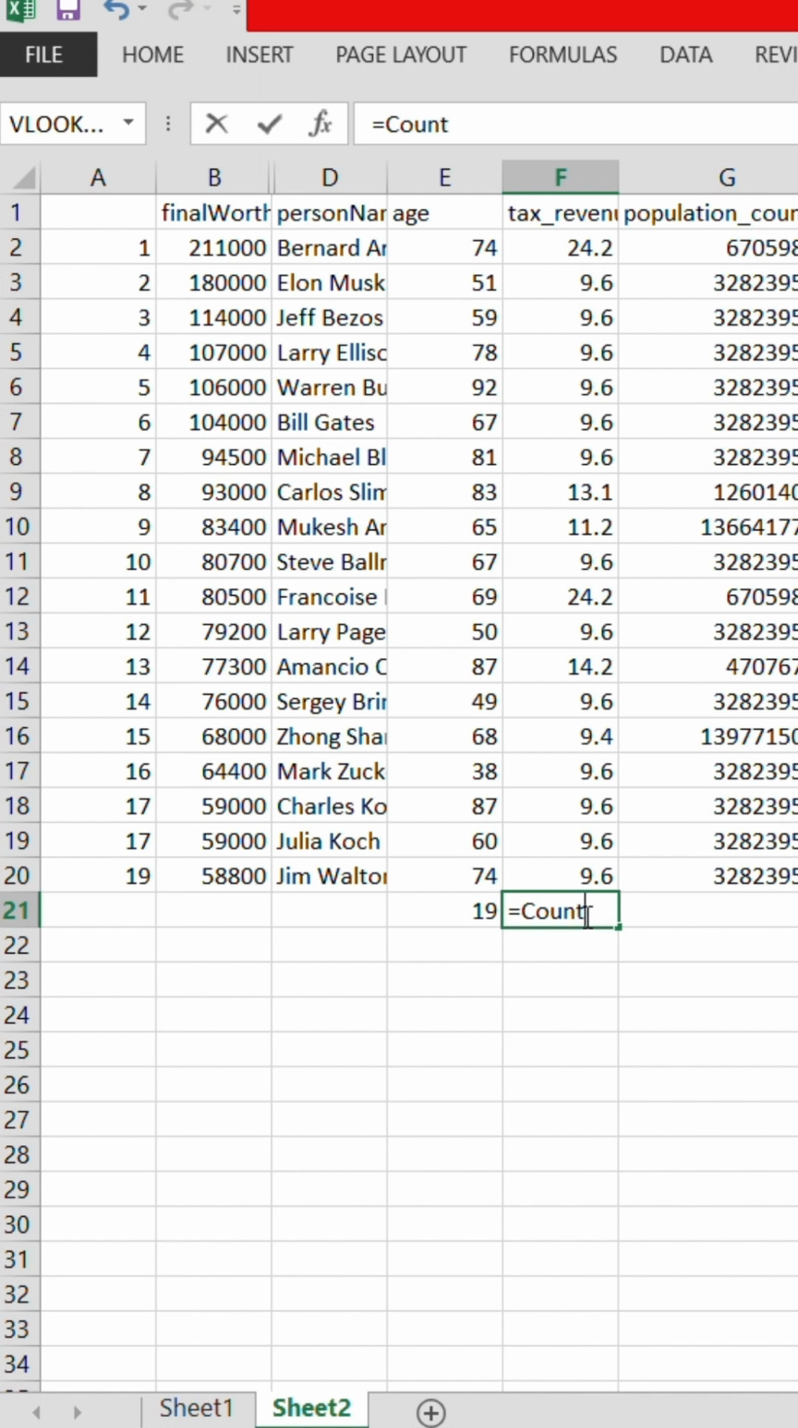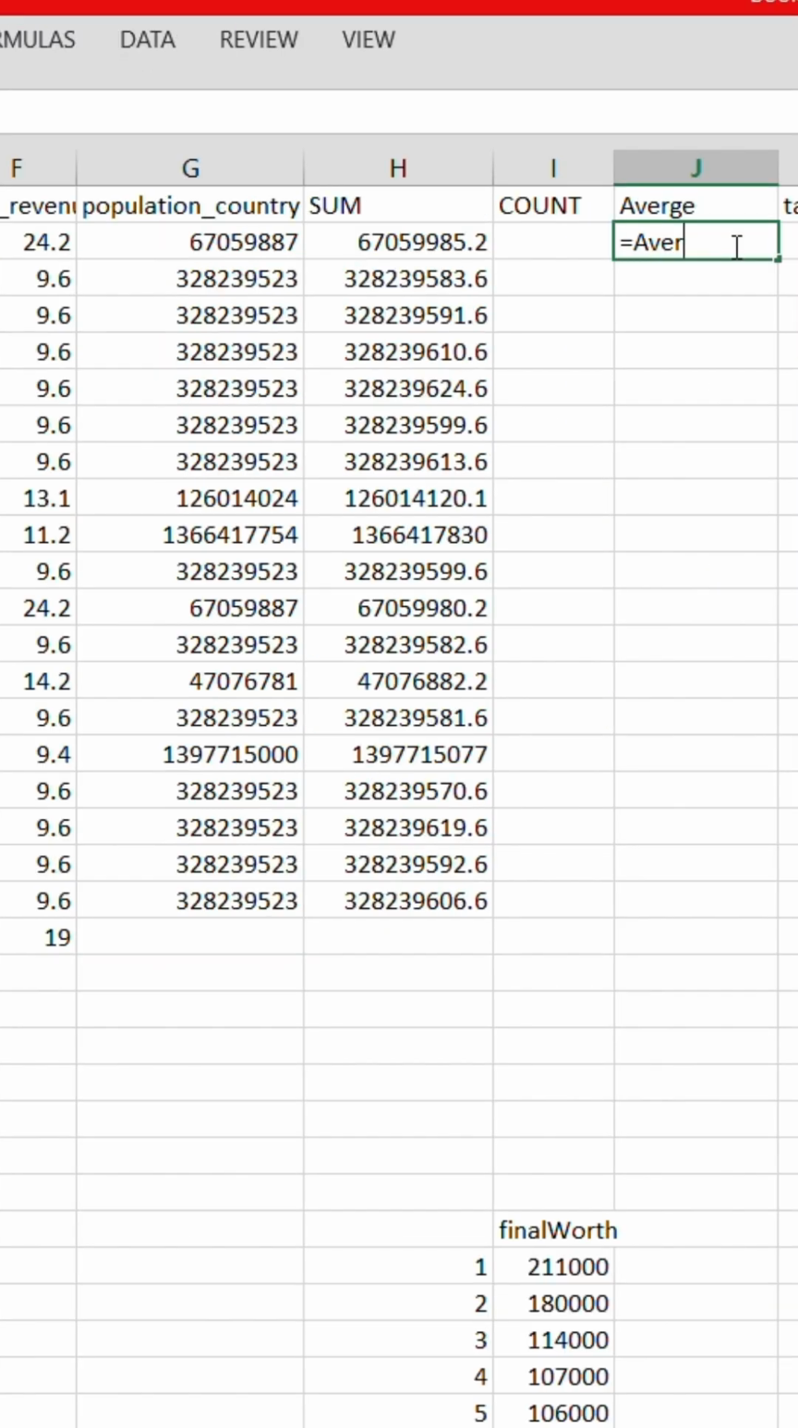Similarly, I can do it for tax revenue. Now let me do that. Count, open parenthesis, and then select the values, then the result is similar. And now let me find out the average of this tax revenue